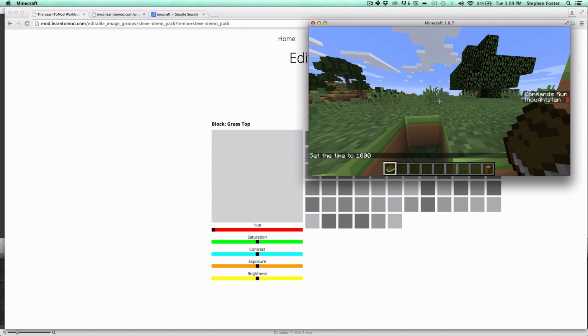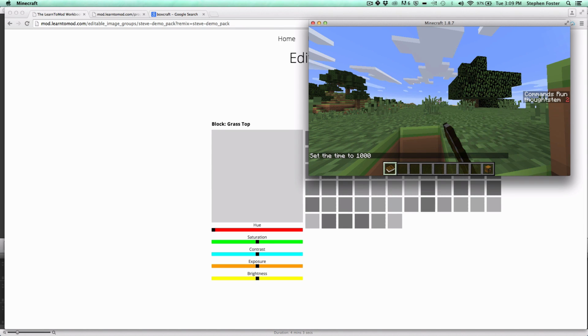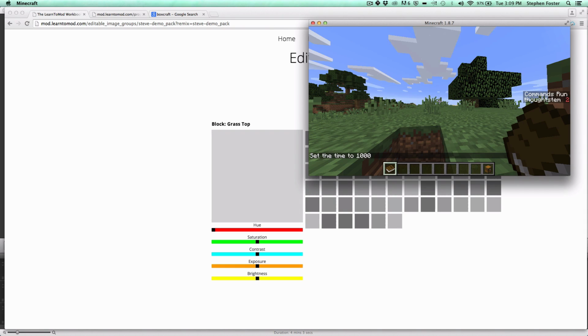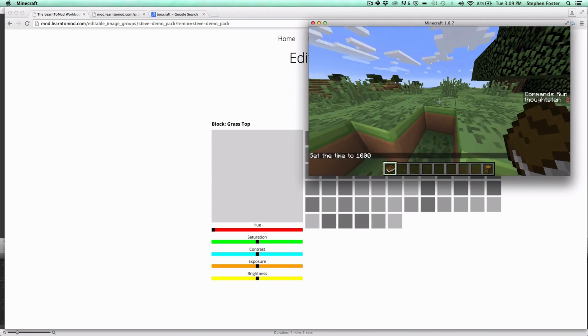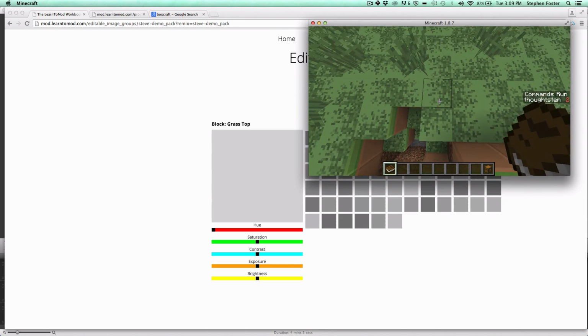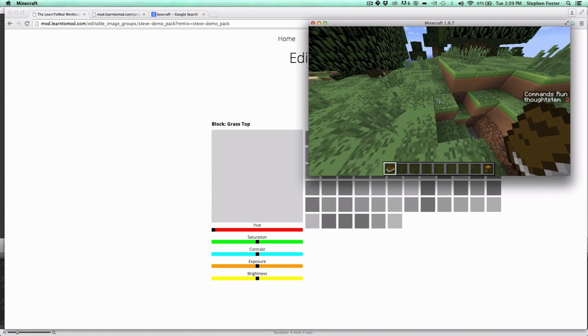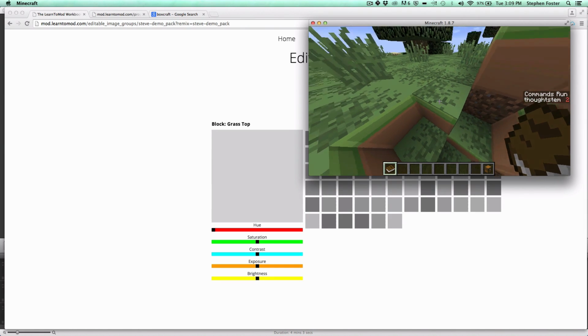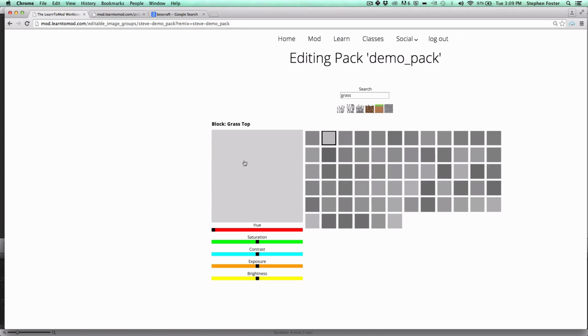Let's reload. And let's see if we have a flat color for the top of the blocks. It's frozen, and alright, well, it's something. Actually, that does not look quite right. It's like half flat and half not. I think I know what happened. I think it didn't quite take my changes. It looks like the way it did before I changed the exposure and brightness, so I'm just going to make